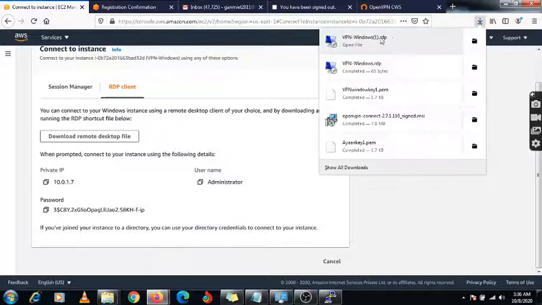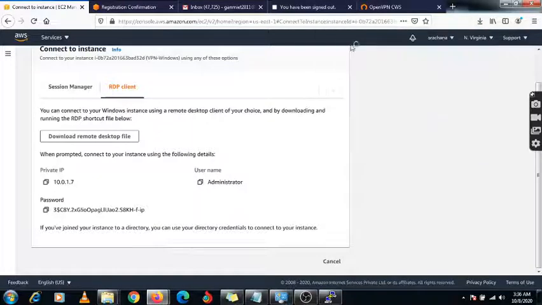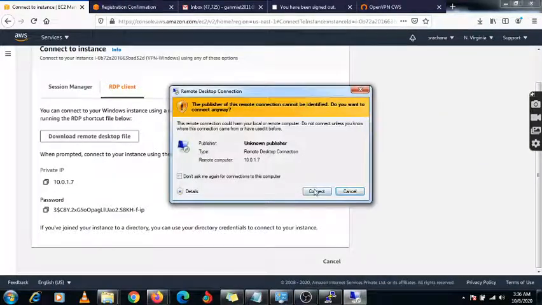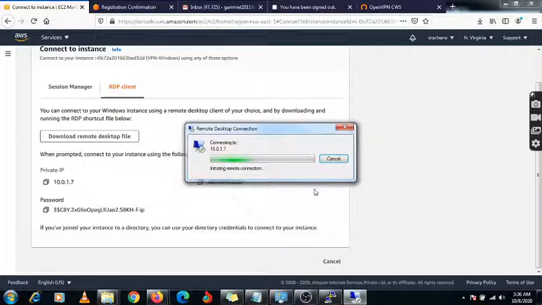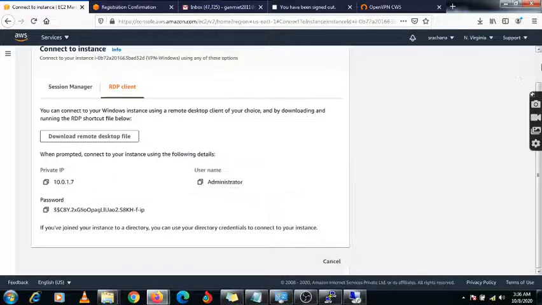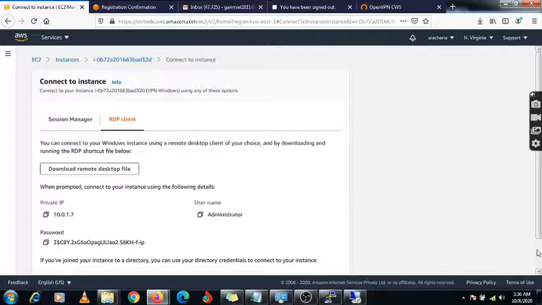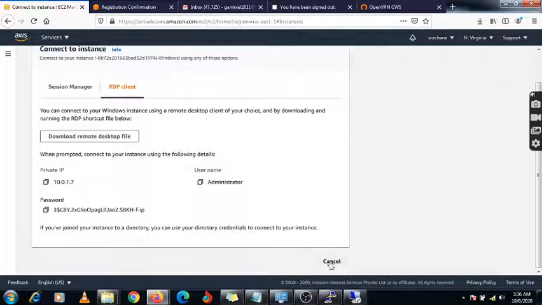So now you can directly access your Windows machine, or you can say your private subnet machine, using this VPN. Now it is going to connect. I just want to check the status.